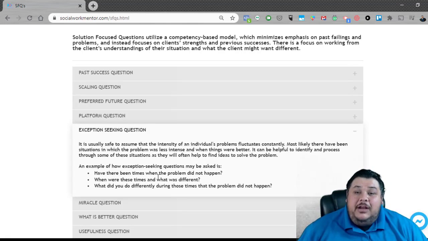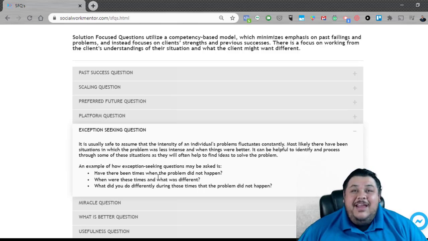And then the final part is you're trying to get them to identify what was the exception to their behavior at that time that's not happening now. So maybe they'll talk through something like, they sat down on the floor with their child and played games with them, and that helped them to engage with them and have little talks with them. Or maybe it was, we went every Saturday for ice cream and we talked on the car ride over and on the way back. Something like that.